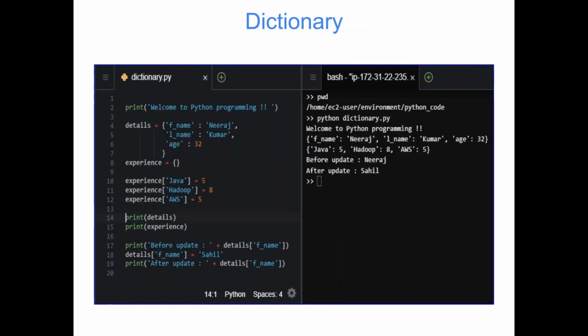And with this slide, we are done with the basic concept of Python programming. So when we will work on PySpark, all these concepts will be used. That means you should be aware about for loop, while loop, array, one-dimensional array, two-dimensional array, dictionary, all these things. These things will be very useful while processing your data using PySpark.